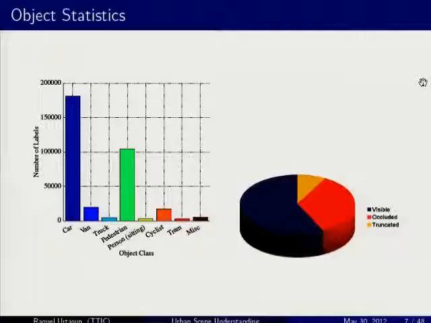It's very impressive. Okay, so here are some statistics of the object data set. As you see, we have almost 200,000 cars in 3D labeled. We have all sorts of vans, trucks, and we have more than 100,000 pedestrians as well, cyclists, etc. So we have a whole bunch of different things. And you can see also on the right the statistics of the occlusion labels. Okay, so we have visible, occluded, and truncated.